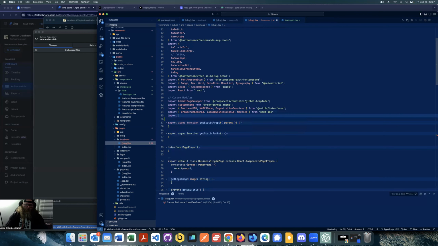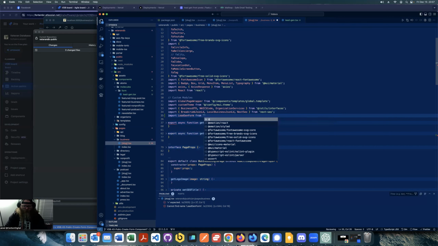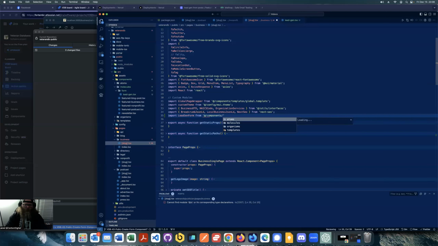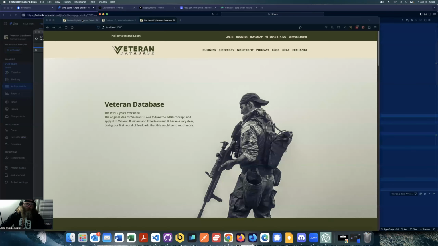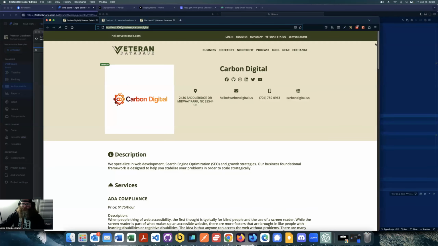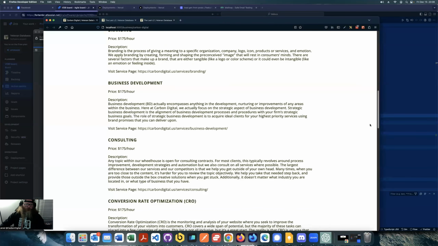So import lead gen form from components, molecules, form, lead gen. There we go. So now when we go to pull up our pages, at the very bottom,